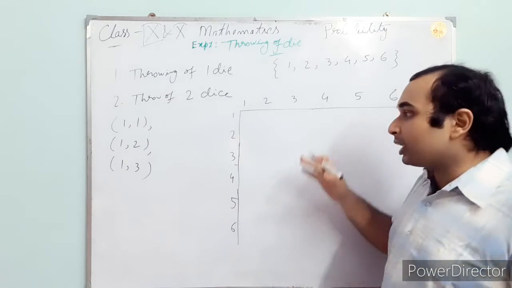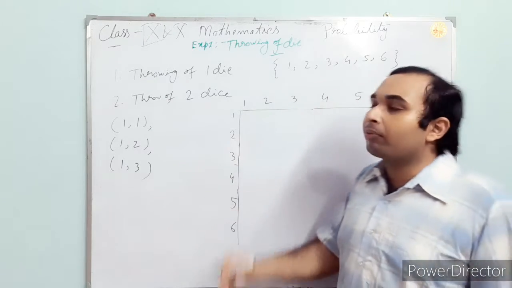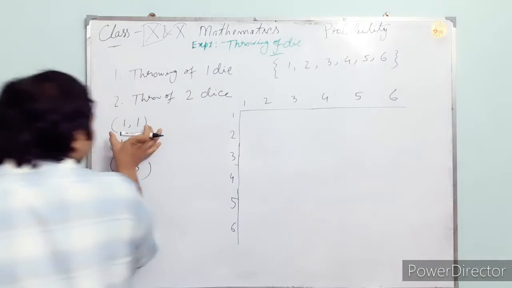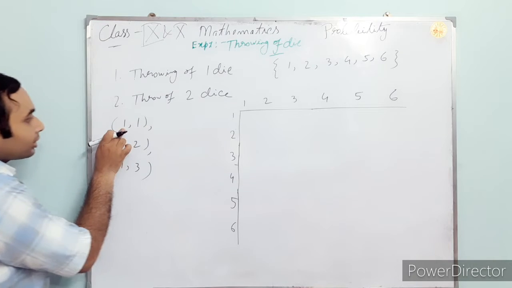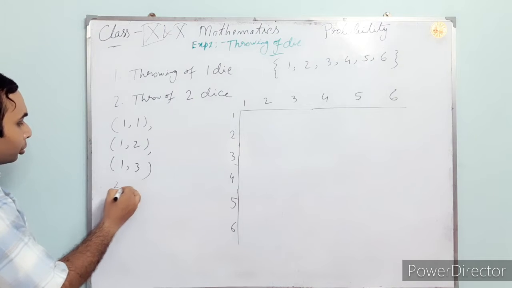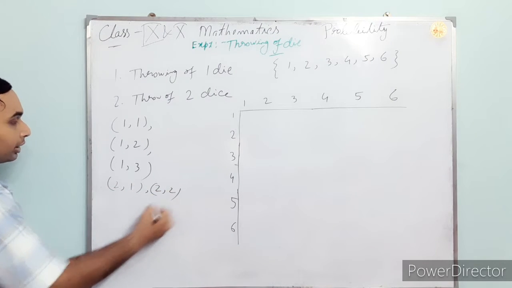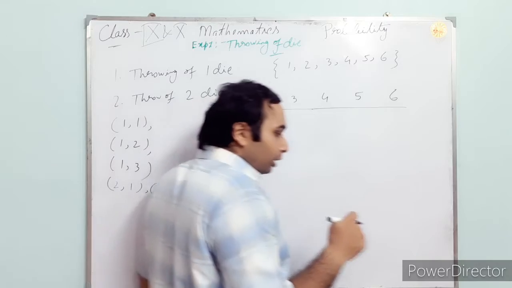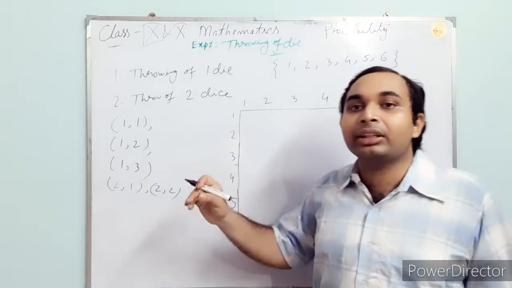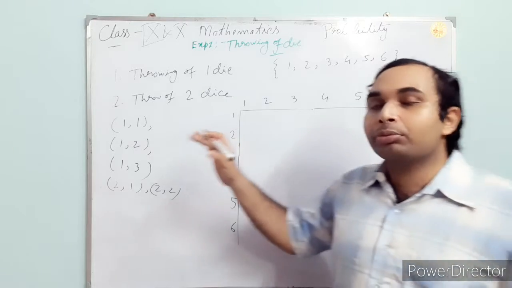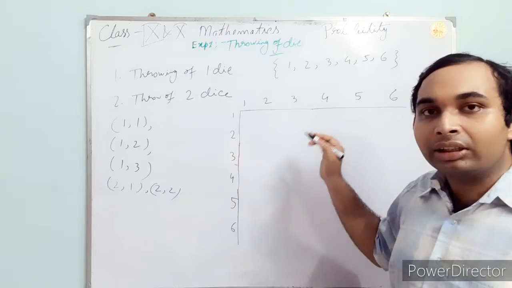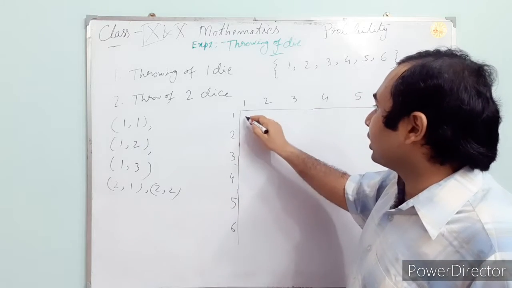If the question comes that is, write the sample space of throwing of 2 dice, then you have to write like this: 1 1, then 1 2, in this format actually. Within the parenthesis, this is the first one, this is for the second one, like that. Then 2 1, then 2 2, like this. But here only for making you understand. And if it is not mentioned that you should write the sample space, but you have to do some problems with the sample space, then just follow this technique. This is very much easy and you will get the result.